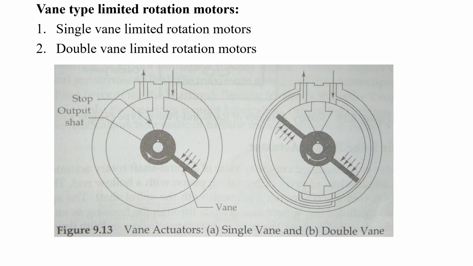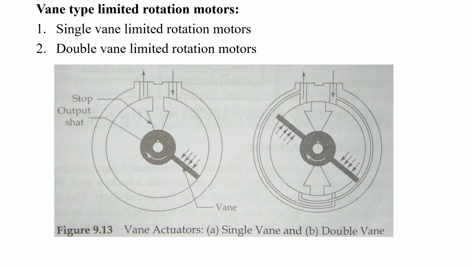When the vane is connected, on both sides we have two ports. If you supply compressed air on one side, the vane can rotate in a limited angle. If it keeps on rotating, it will go up to a maximum of 270 degree. As I said, it is used only for a limited angle. It can go with a clockwise rotation and then it has to return. To return, we need to supply compressed air to the other end of the vane.